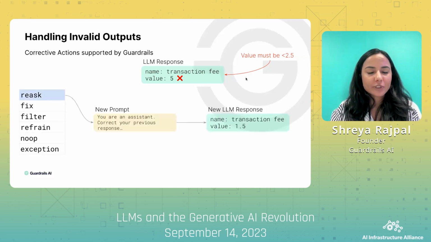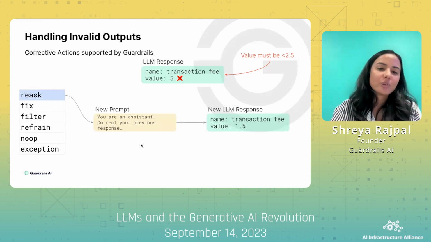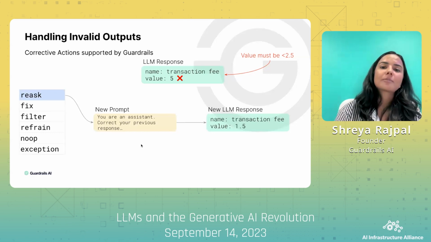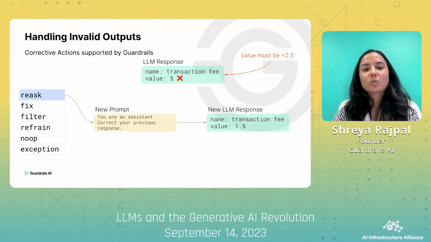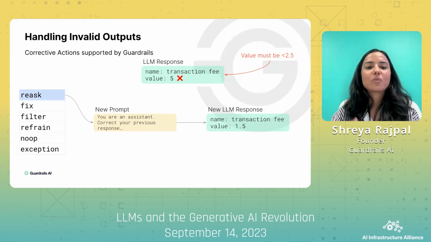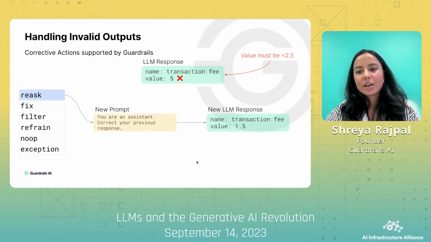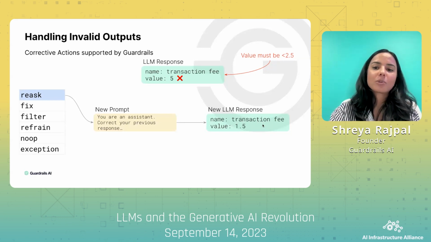We're familiar with this first one, re-asking, where a new prompt is automatically created for you with Guardrails. This prompt contains all of the context about why an LLM response is incorrect. Because of this prompt, we end up getting a new LLM response that has enough information. So once we share that the value must be less than 2.5, we end up getting